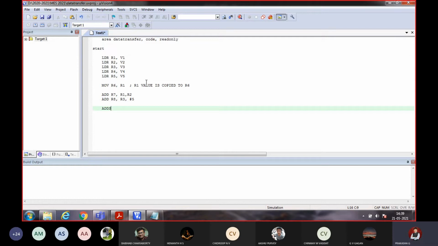Then ADDS R9, R4, R5, some values. Then ADC R10, I'll go for some values. Let us take something like R4, R2, R4.